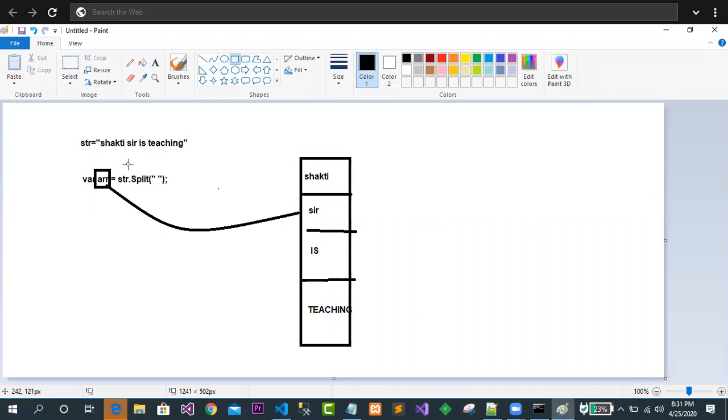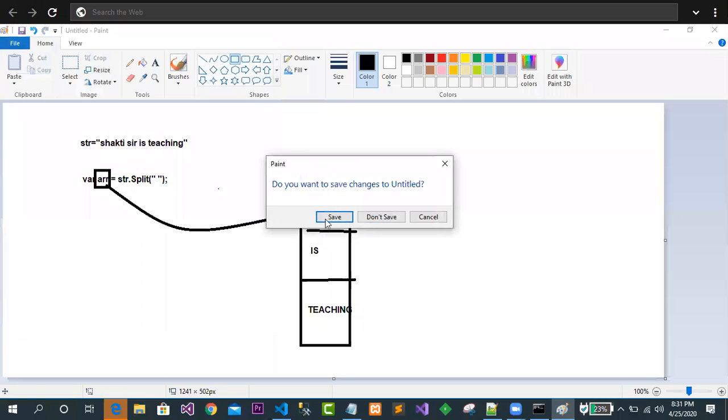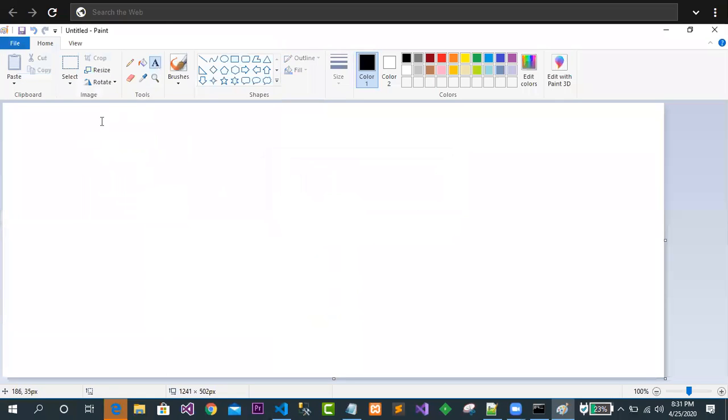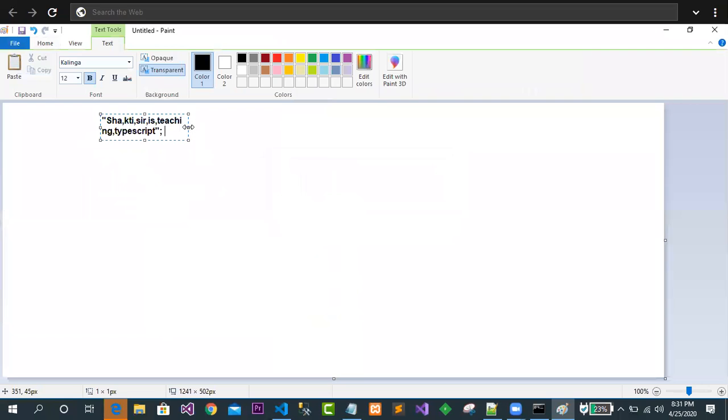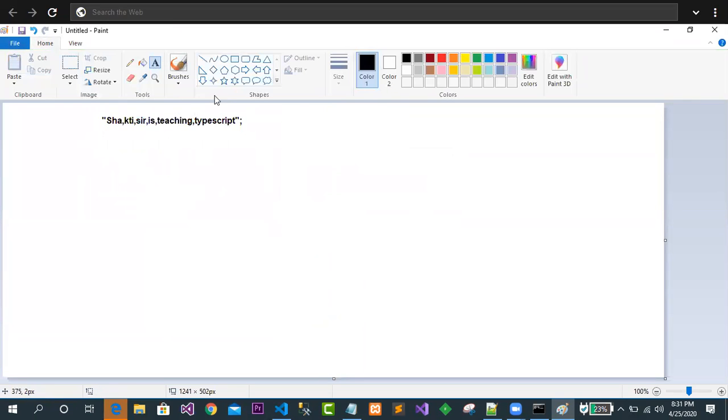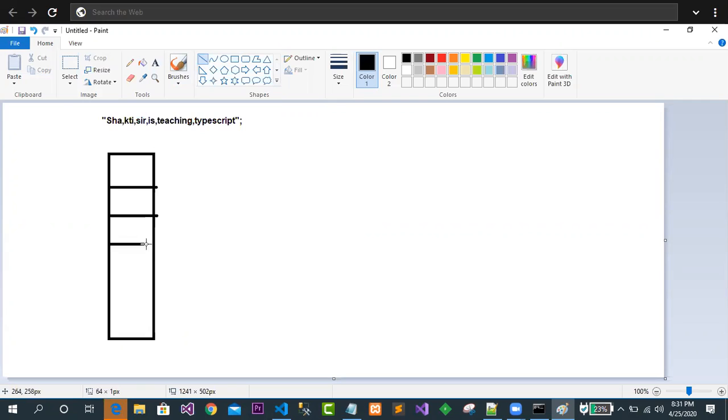You are a little bit confused with this story, so let me create a new one. Okay, don't save it. Just try to observe this one now. So we now have these things. What is the meaning of this? The split is doing this: Sakti will move to the first one, then KTI, then Sir, then is teaching TypeScript.